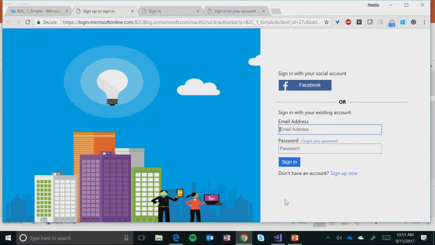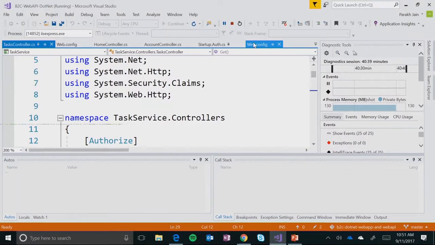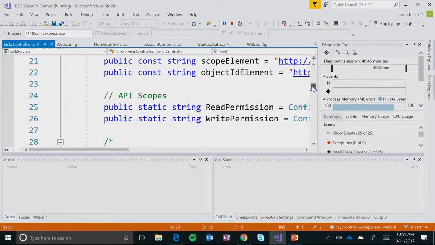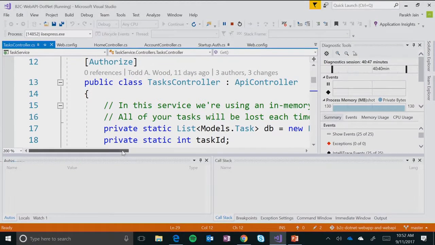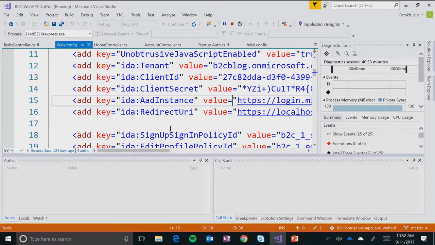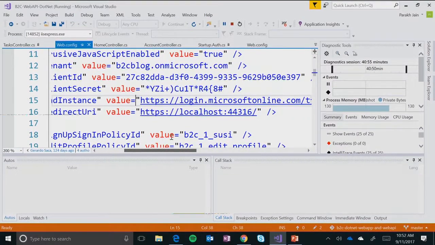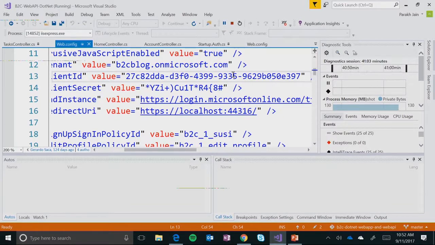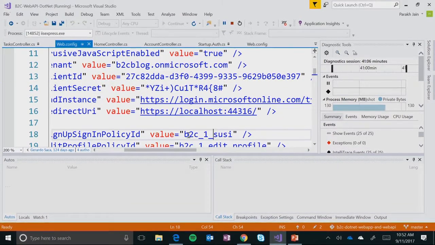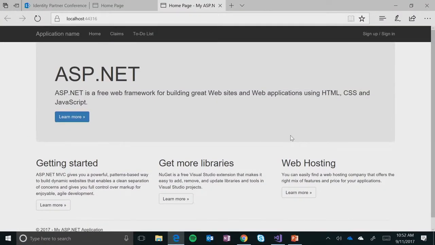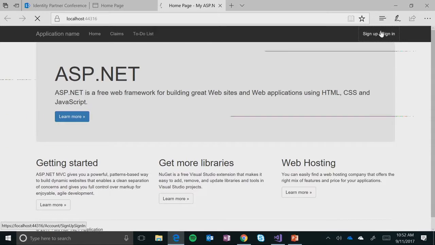If you put it all together, I'm running this web server in the background, which is running this application. I have set up the, let me just scroll this over, .config. Okay, I configured it by providing the application ID that you notice right here, that you registered inside Azure AD B2C. If you need it, you add the client secret and provide the policy ID. And ultimately, when you hit run, what you'll get is your application being able to sign up or sign in.